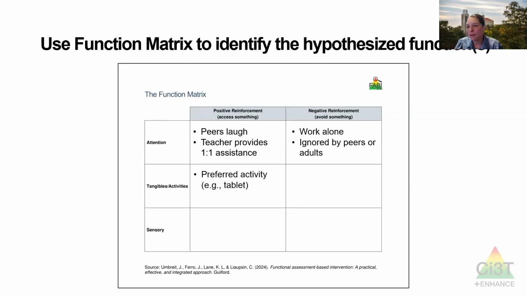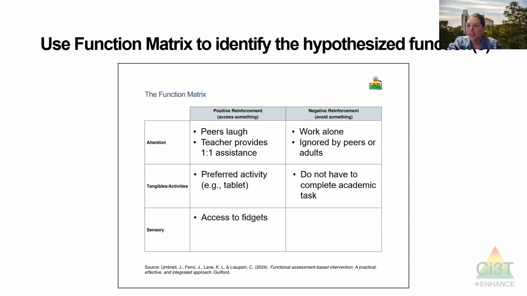Tangibles and activities are things like a preferred activity, like a tablet, or maybe a favorite center, toy, sticker, or food; that all falls in this category. The negative reinforcement, getting to avoid or escape, is like not having to do an academic task. So if I get sent to the principal's office, I don't have to do the worksheet. If I get a homework pass, I don't have to do that. I get a break card, I get a little break. I don't have to do the thing I was doing. A skip-the-lunch-line pass, that's getting to escape or avoid something non-preferred.